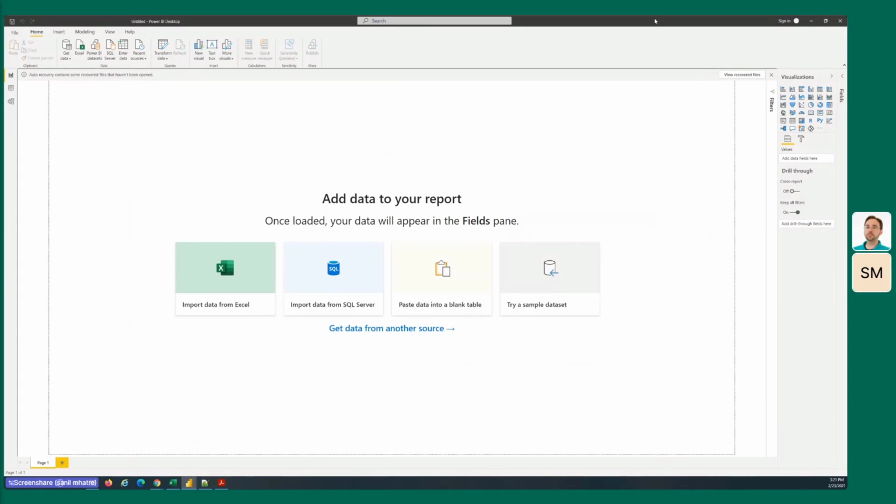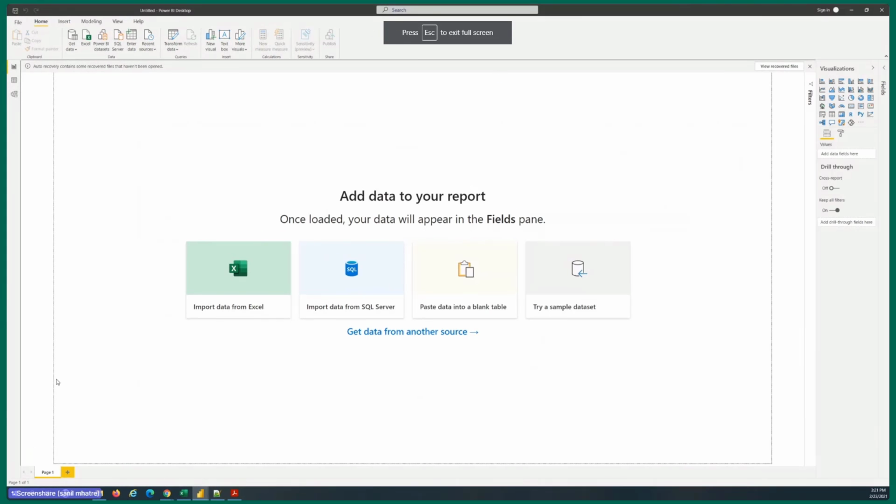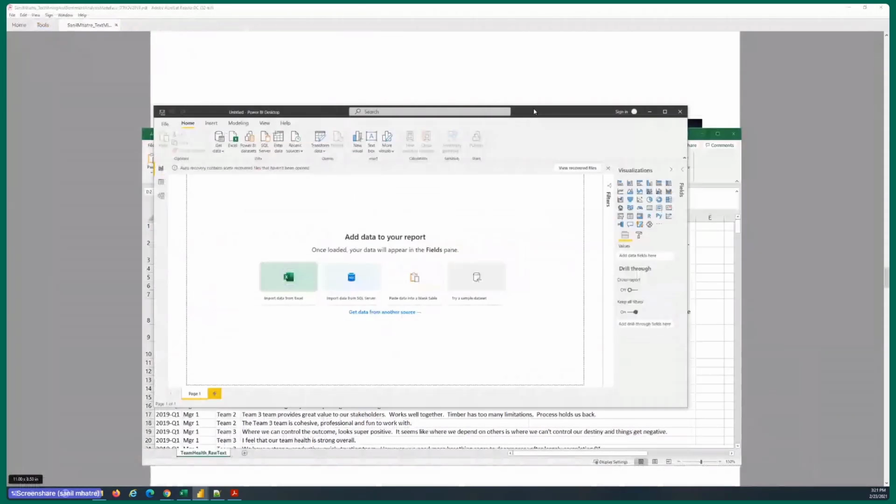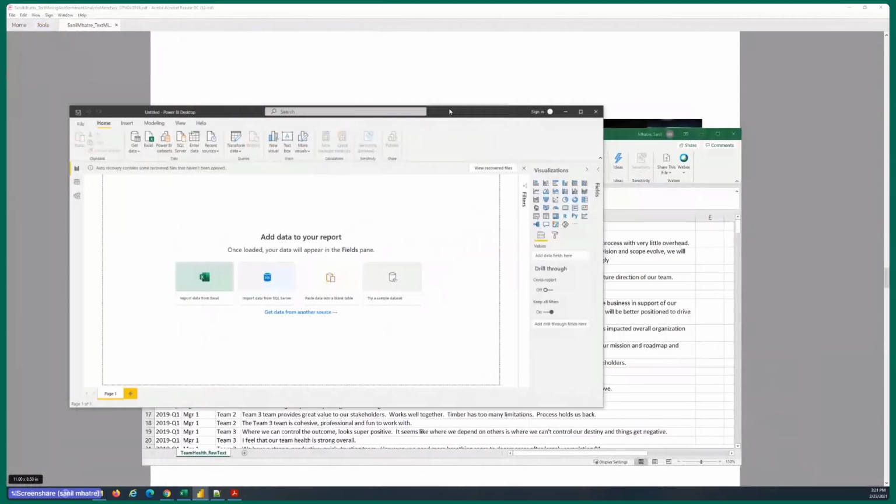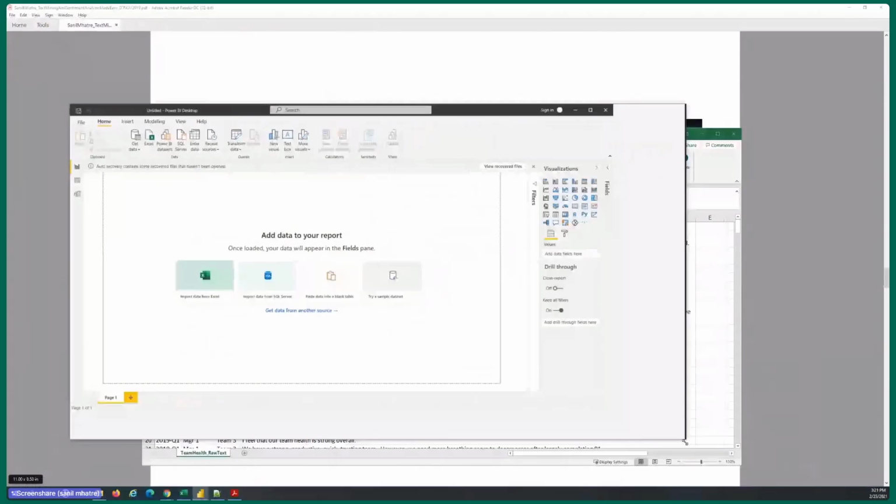Now I'm showing the Power BI screen. Kevin, is the Power BI screen fairly visible? The center portion, add data to your report, I think is large enough. The rest of it is a little tough to see. I'll go full screen, but yeah, it's a little hard to read. Let's see if there is anything I can do to help.